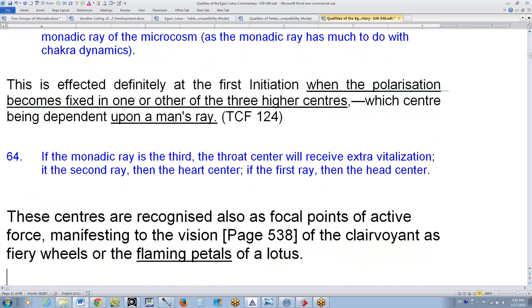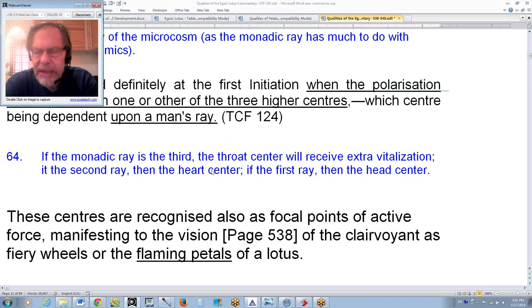And again, that's the structure. Wherever there's 7, always expect 3 more. So the very highest 3, which I think relate to the logoic plane, are the first, second, and third, and the other 7 rays relate more to the monadic plane. This is my present theory. With all theories, you hold them, you test them, and you finally accept or reject them as further confirmation or